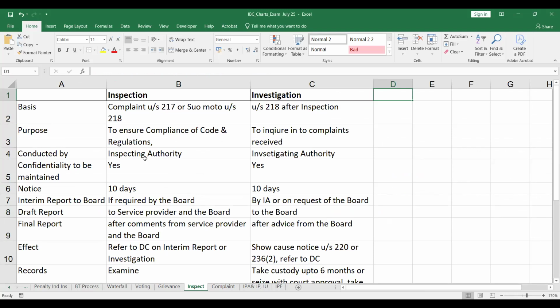Now let us see the provisions regarding inspection and investigation and what is the difference between the two. So sections 217 and 218 cover these things. Section 217 says that inspection can be done on the basis of a complaint received, or it can be done suo motu also, right? The purpose of inspection is to ensure compliance of the code and regulations. And section 217, if we see,